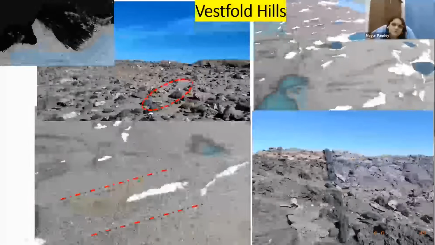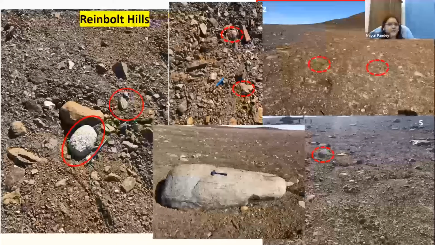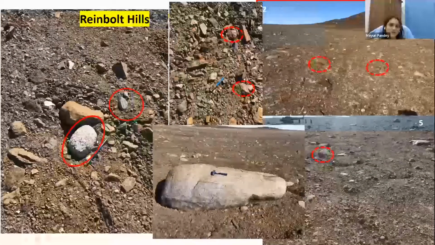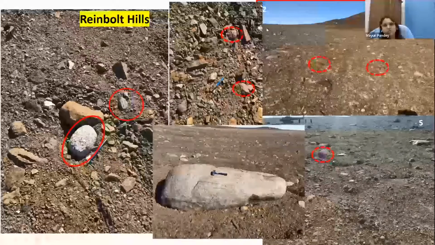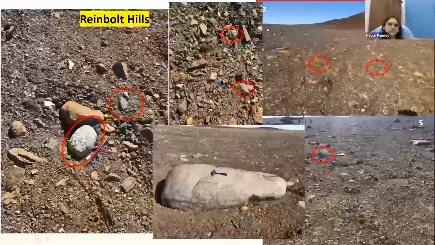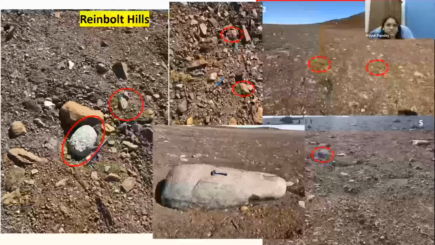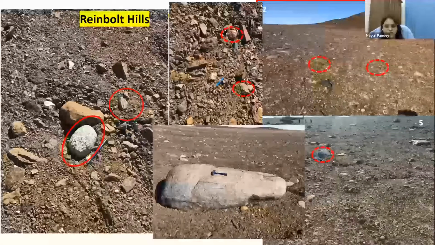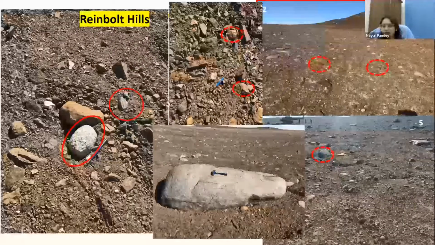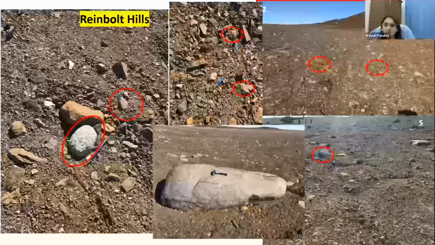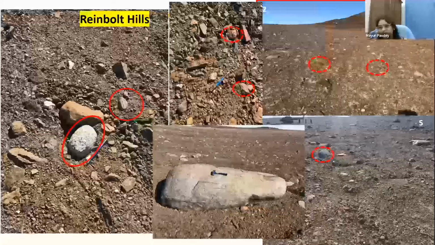When we went to the Rheinbold area, we found that the morainal deposit which we are getting has grains or boulders which are rounded to sub-rounded. Now, this has significance in terms of which type of processes would have transported these sediments. When we have a rounded to sub-rounded type of texture in the sediments or in the boulders, we infer that it is from the